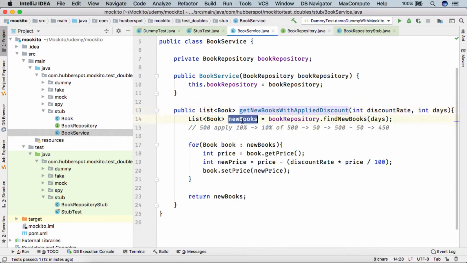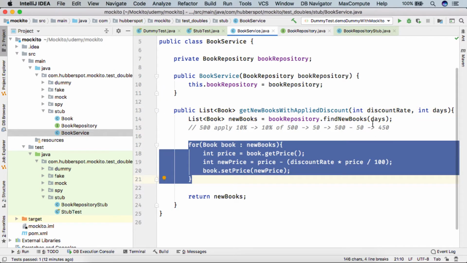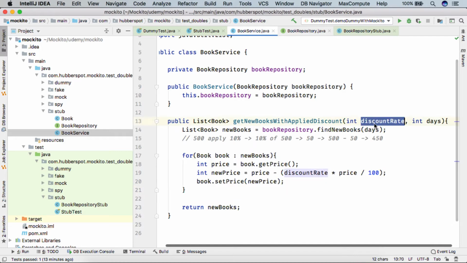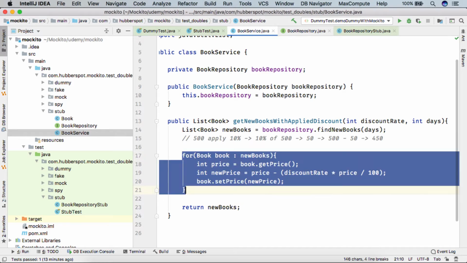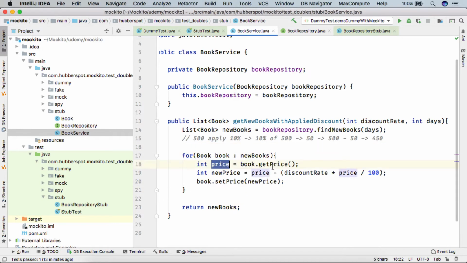And after getting the list of books, it applied the discount which we provided here. So it iterated each and every book one by one, took its actual price, calculated the discount on the price, subtracted the discount from the original price to get a new price, and finally set the price of the book to the new price.